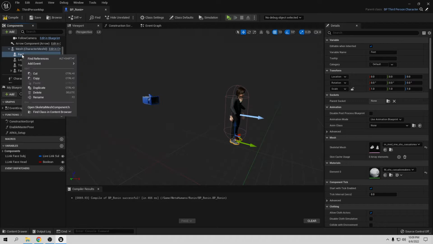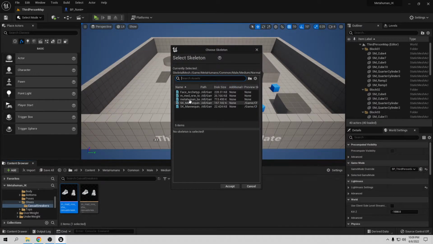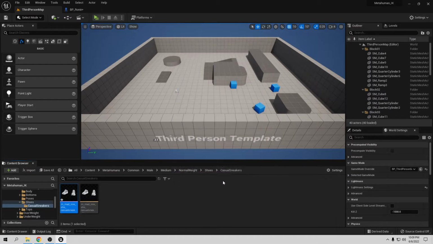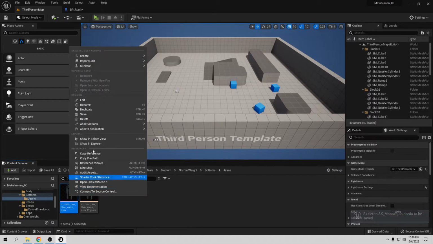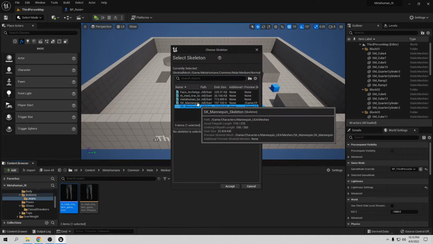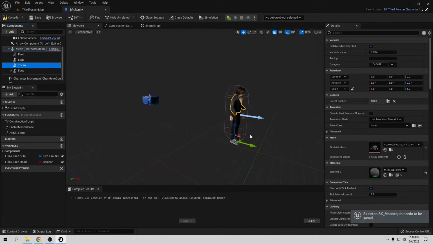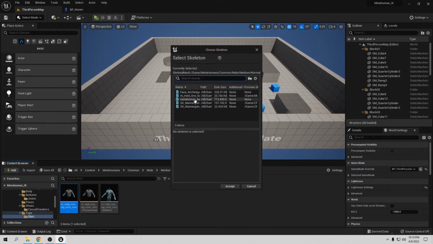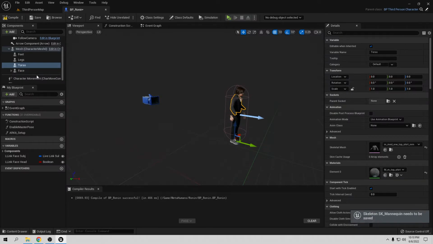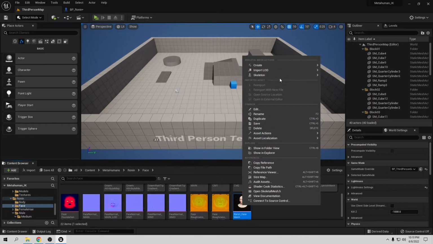So now we need to do the same for the skeleton and these guys. So go to feet, press feet, go here, find the skeleton, right click, skeleton, assign a skeleton, Unreal Engine 5, say set. Go again to leg, do the same thing, find this guy, right click, skeleton, assign, Unreal Engine 5, say set. So go to torso, do the same, find torso, right click, skeleton, assign, Unreal Engine 5. The last one, the face, looking for the face, right here, right click, skeleton, assign